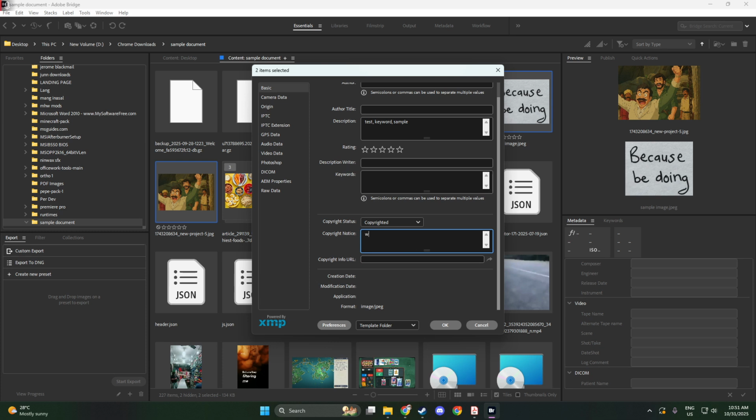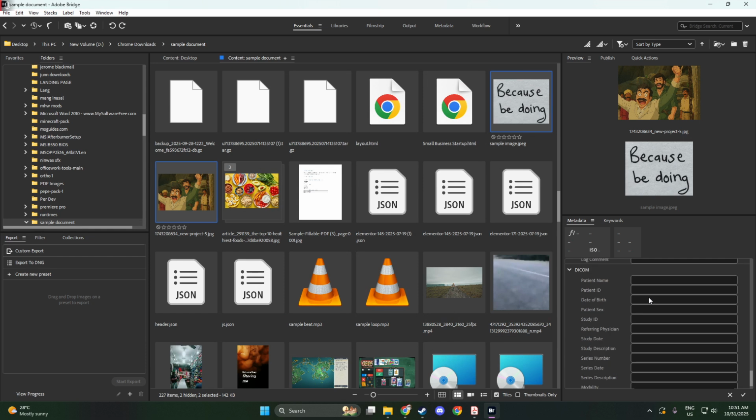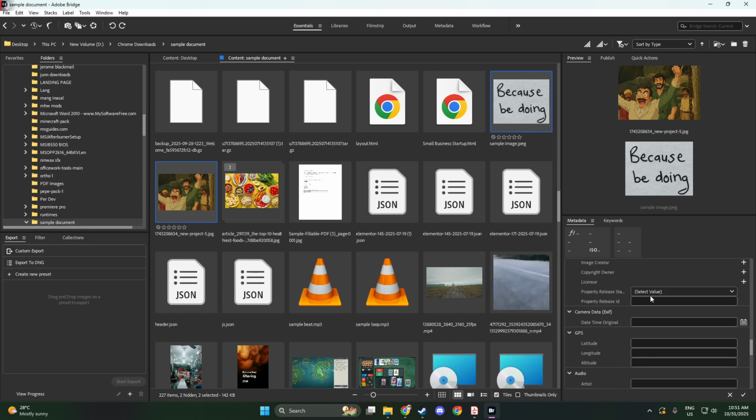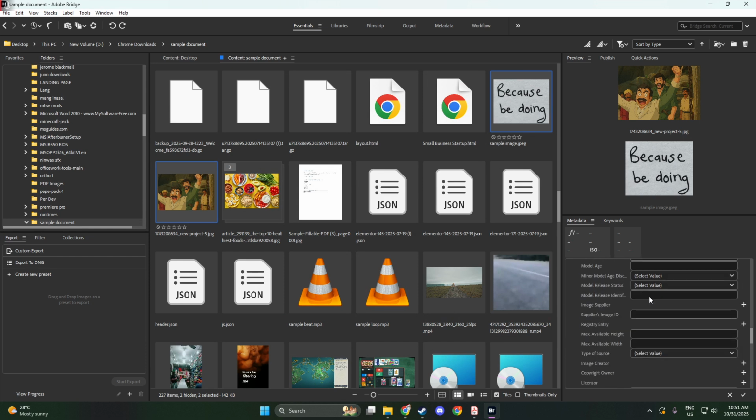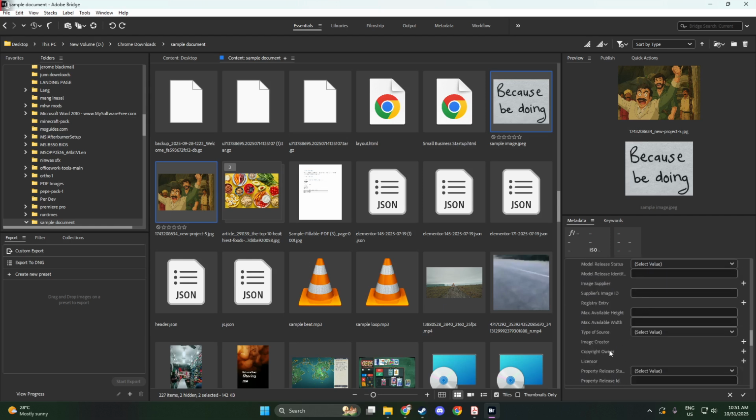Once you've entered all this information, click OK or Apply at the bottom of the dialog box. This action will write all the metadata values you've entered into every file you've selected. It's important to note that whatever values you enter here will override any existing data in those fields, so be confident of your entries. And there you have it, a simple yet effective way to batch adjust copyrights and keywords